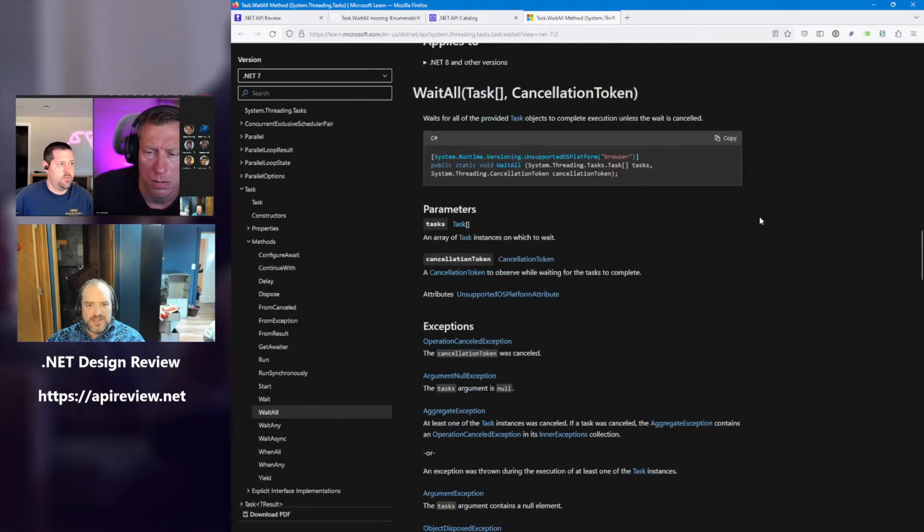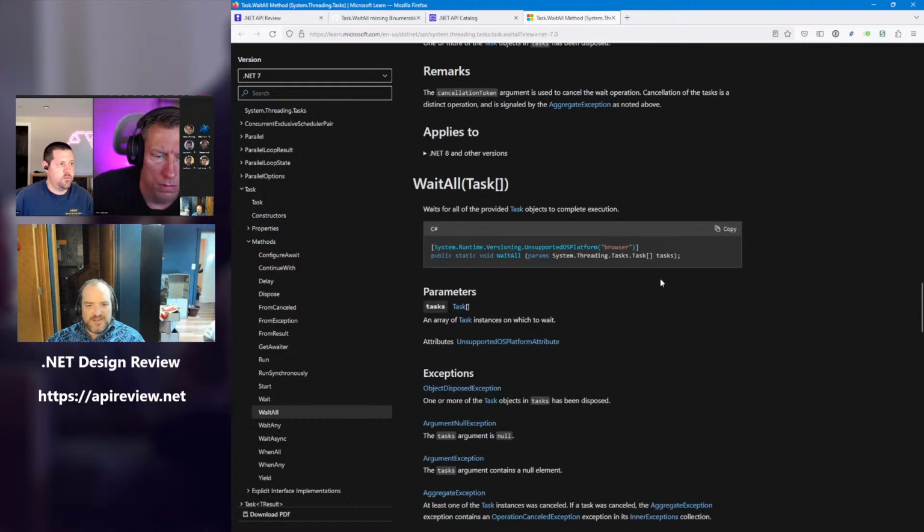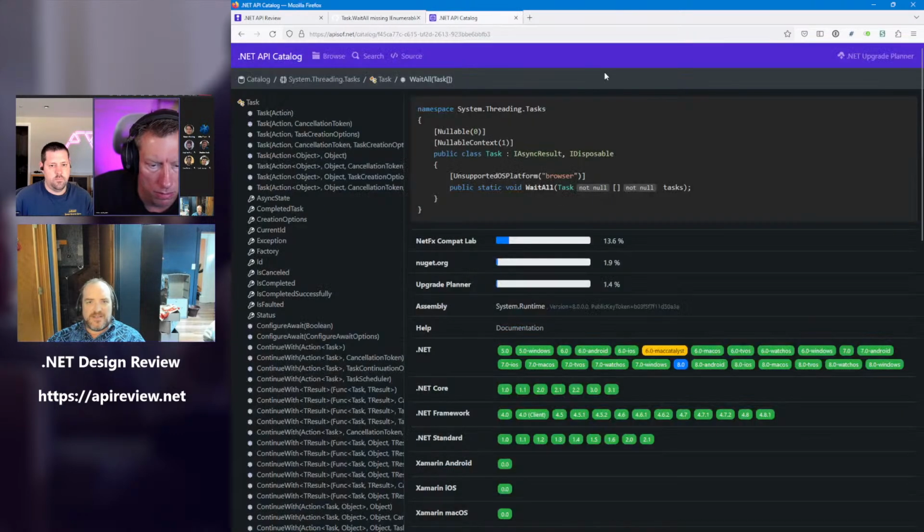That one can't be, and that one says params. Alright. What was it? WaitAll that only takes an array. Yeah, the not null indication is because the task is not null and the array is not null. But we're looking for the params indicator here. Right.